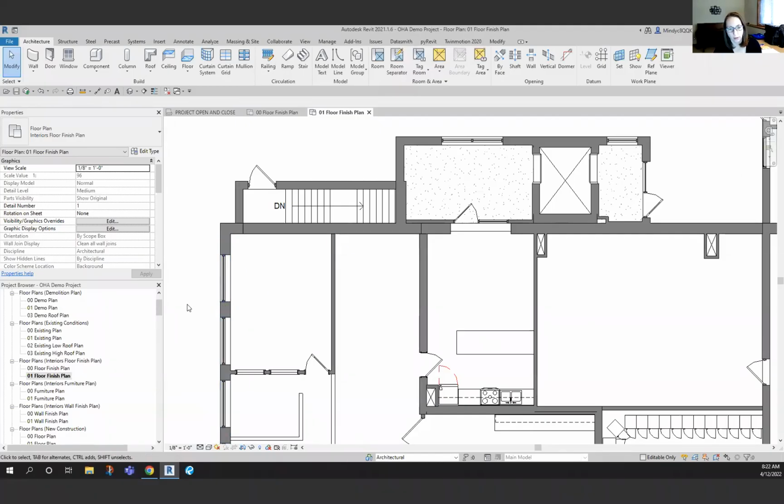Hi everyone, here's a tutorial on how to do floor finishes in your floor finish plan. First we're going to go to the floor finish plan, and then we're going to go to the bottom here and pick interior finishes as our work set. Before we start doing any floors though,